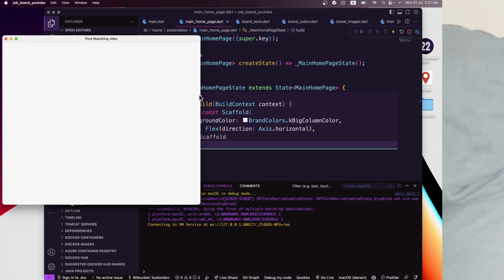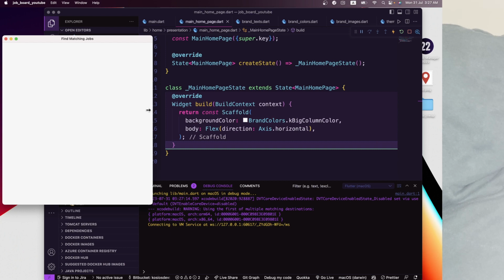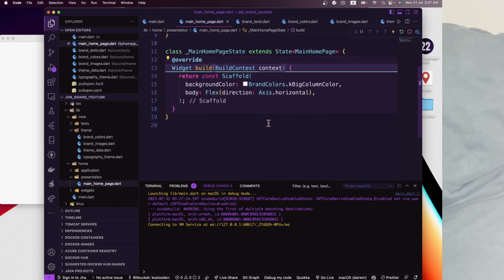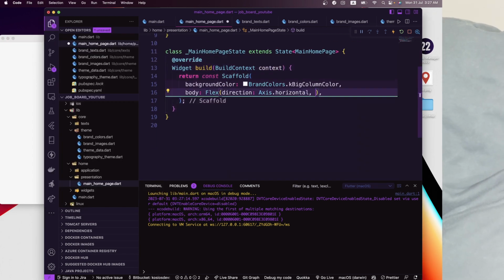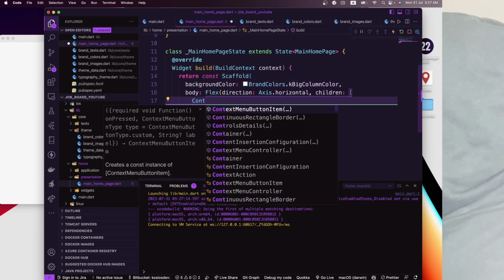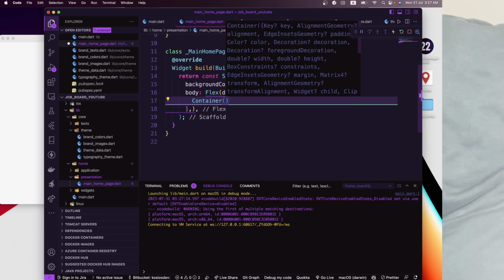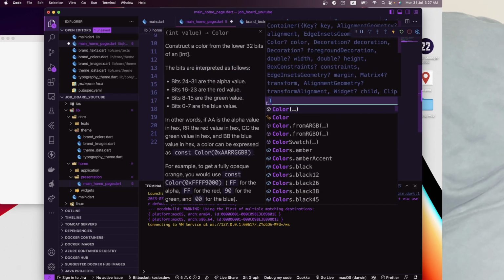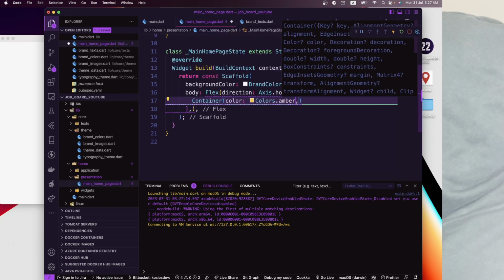So let's go ahead and start adding the stuff we want to add, recreating the app. So first of all, I'm going to start with the layout. Like I said, we create the layout, and we have this flex inside here. Flex always has children. Inside the children, we're going to have a container as the first child, and this container is going to have a color. I'm going to use Colors.amber,